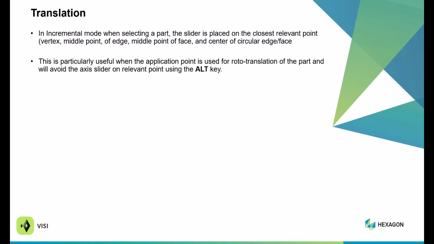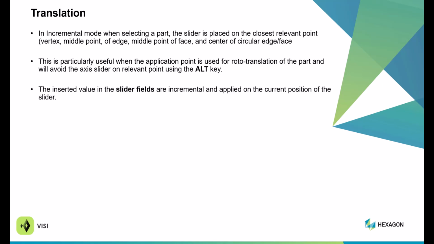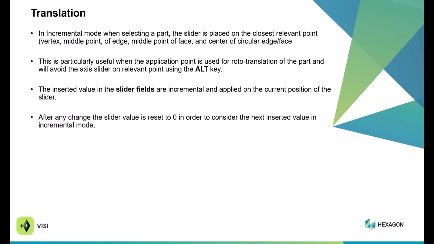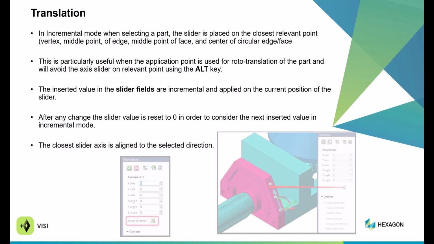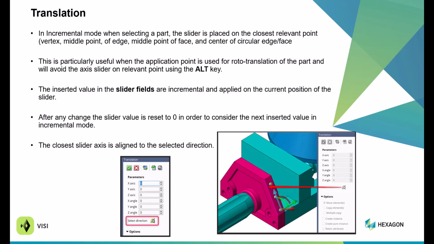This also is relevant to using the Alt key. The inserted value for the slider of the increment is positioned closest to the slider. After any change, the slider will reset to 0 in order to consider the next inserted value. The closest slider axis is aligned to the selected direction, and here's just a couple pictures and a quick video